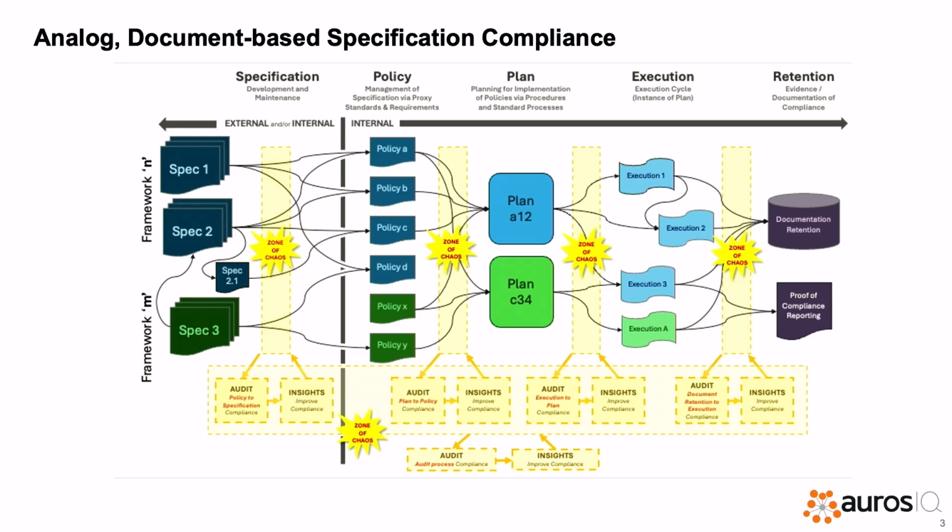And then once you have your plan, you have to actually go execute the plan. And you have to validate that all of the execution activities were done in compliance with what was in the plan and in the policies and in the specifications. And then after the execution, you have to, in many cases, have, there's document retention requirements and there's proof of compliance reporting requirements. And every single one of these steps today, I would argue, is pretty much done manually. Whether you're printing things off and sticking them in binders, whether you're trying to do it in Excel, whether it's sitting in some compliance specialist's head who sits in the room with the auditor. This is a very time-consuming and error-prone process that's very painful.